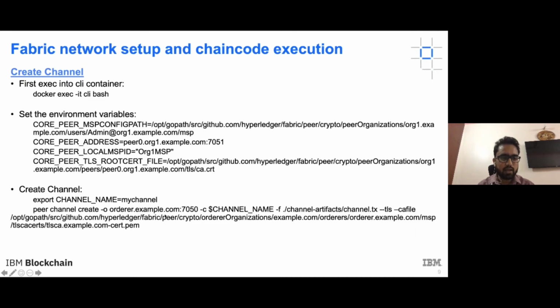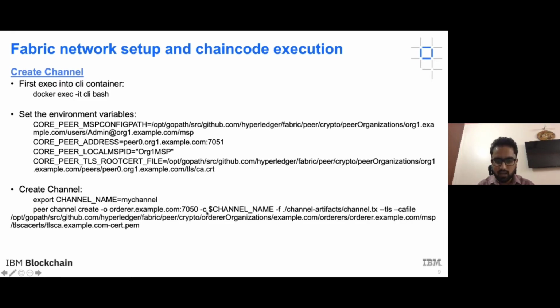Now I have to create a channel. To create a channel, I have to submit this transaction, that is peer channel create. What is the orderer URL? I have to pass -o and the URL and the port of that orderer. Remember in the config Docker Compose, I have named it orderer.example.com. And the port it is exposing is 7050. So I have to use this particular URL and port to submit my channel transaction to the orderer.